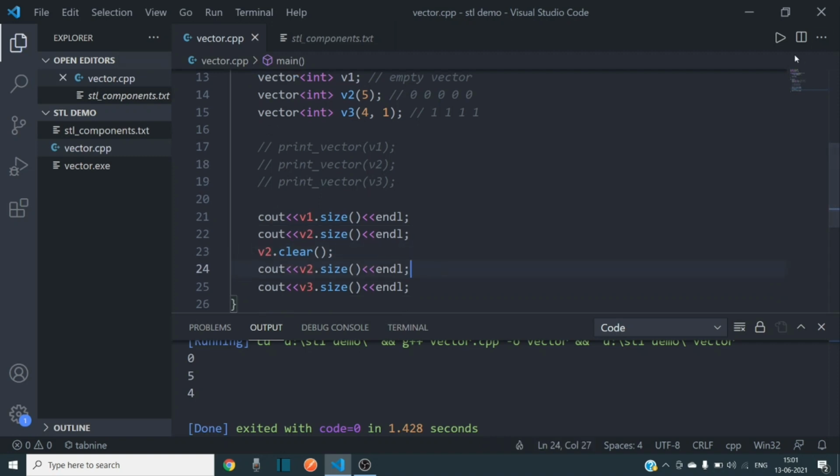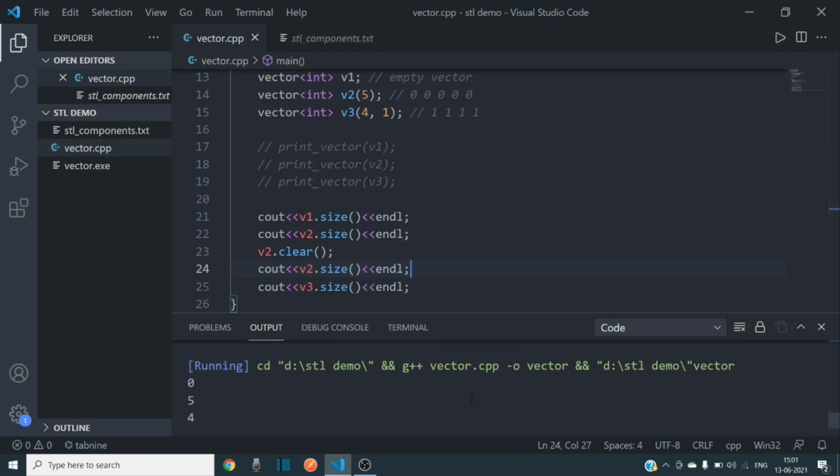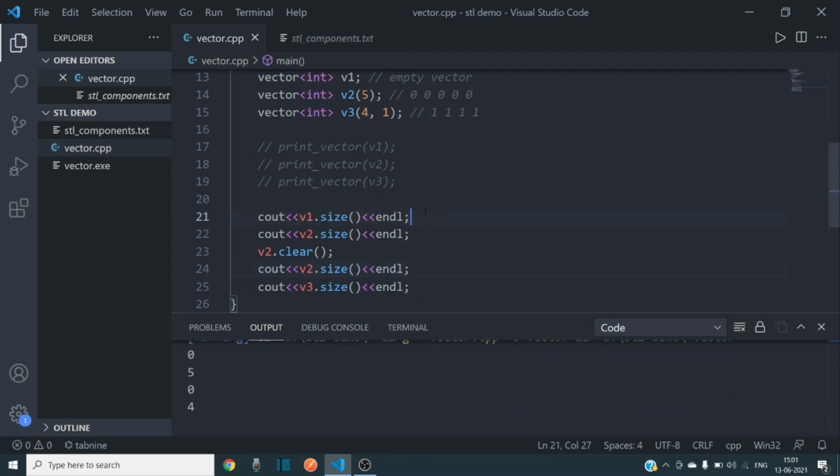So it should be 0. Yeah, so it is 0 5 0 4. So v1 is of size 0, v2 is of size 5, we have cleared the v2 vector and then v2 dot size is of 0 elements.